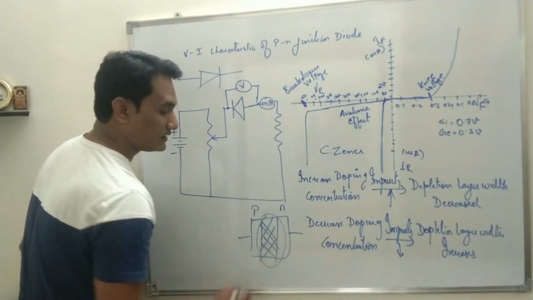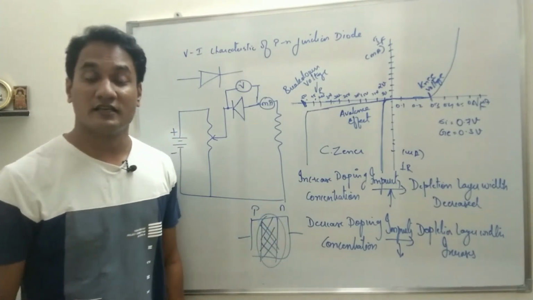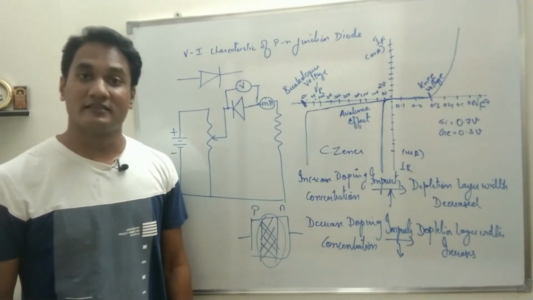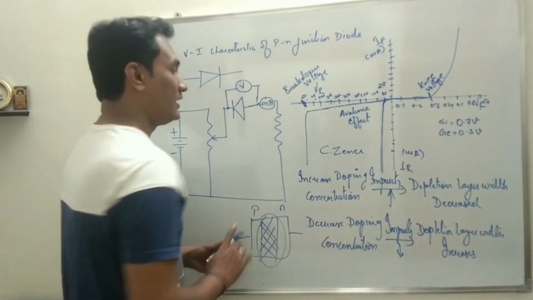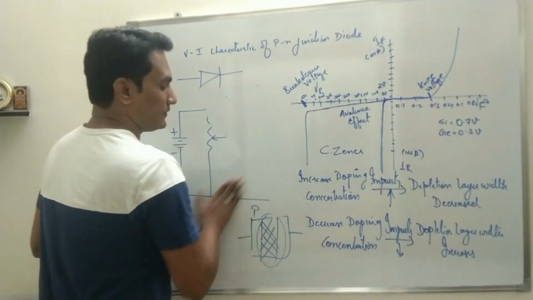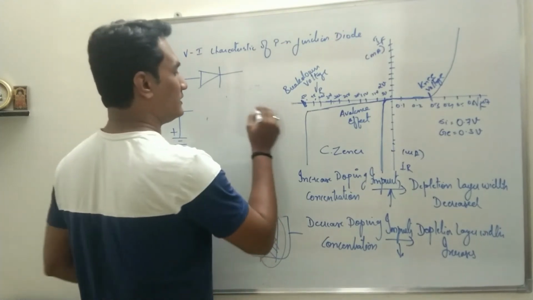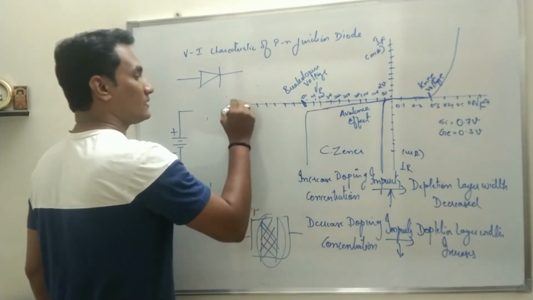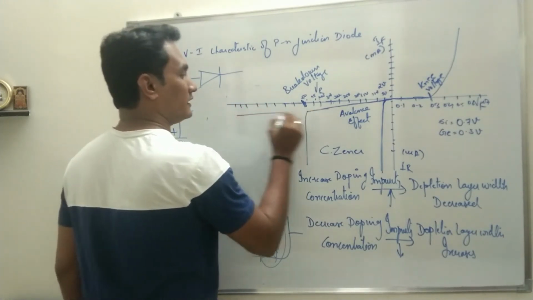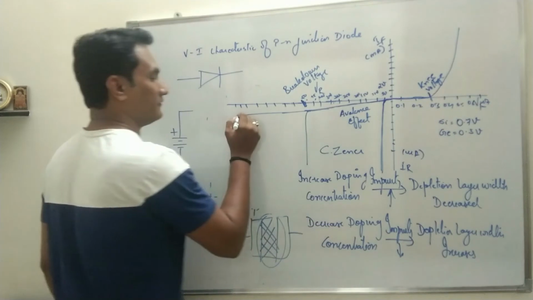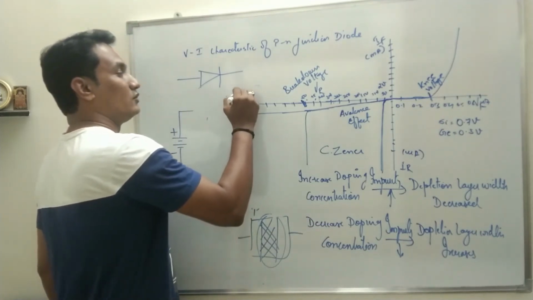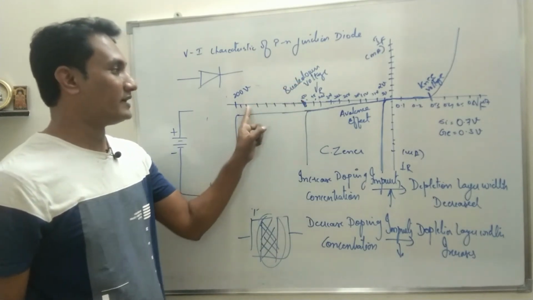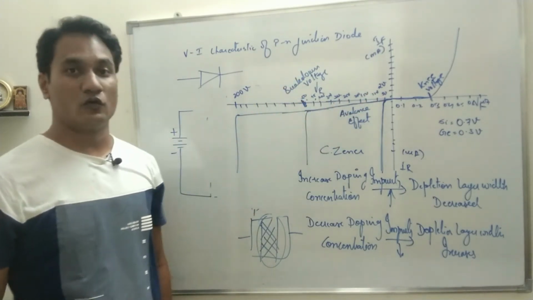So the width increases, that means the potential barrier increases. If the potential barrier increases, more energy will be required to reach the breakdown voltage. That means, in the same circuit, if the doping concentration increases, the breakdown will occur at a much later stage, say 200 volt. So we can change the breakdown voltage, or arrange the breakdown voltage depending